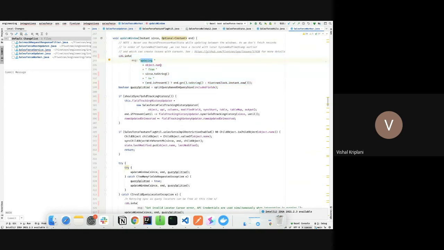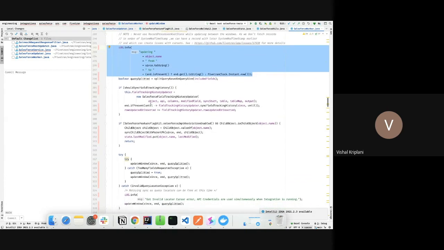For some object, if you want to know from which time to which time we synced this object, just type updating space and the name of the object in New Relic. Then you will get to know what is the since time and what is the end time for that object, and you will know that we have updated this window for this object.